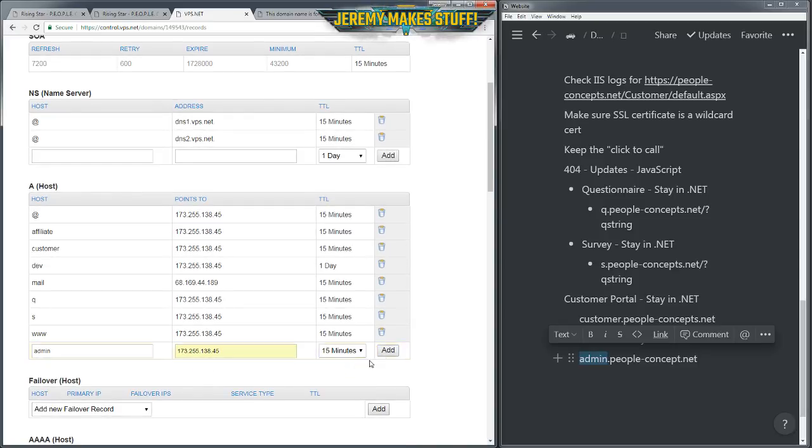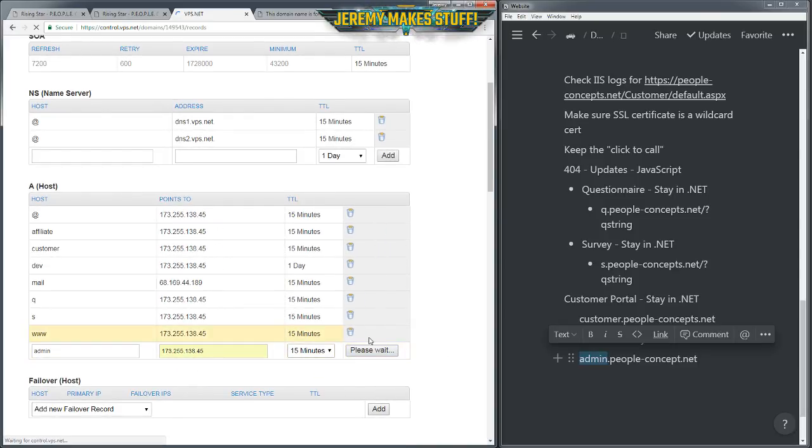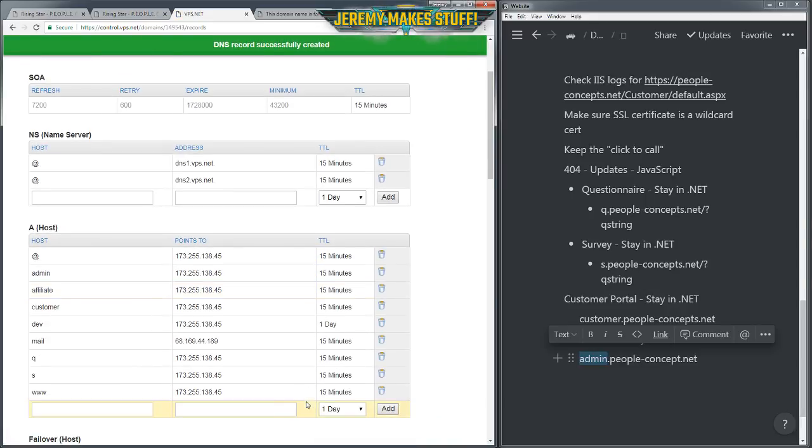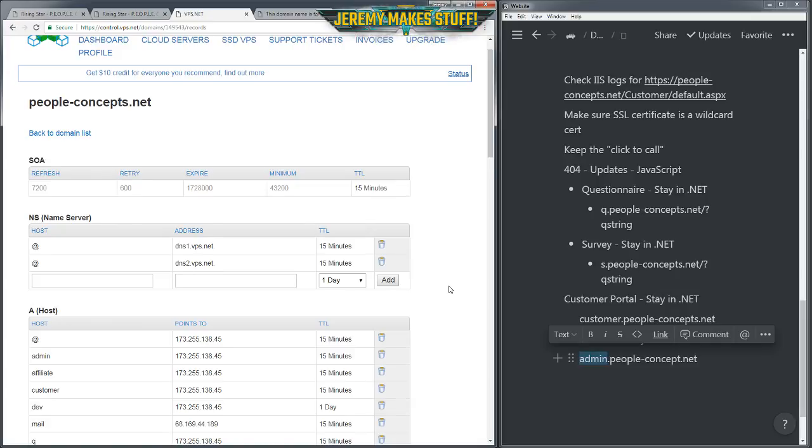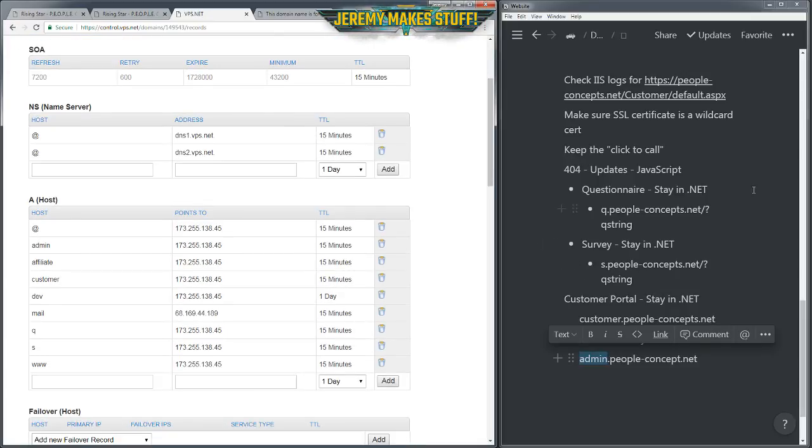Same. So right now I don't have those subdomains set up in IIS. So I think they'll still just go to the main website if anybody attempts to go to them right now. But I think that's good. So I've got those set up. And I guess that's it for now.